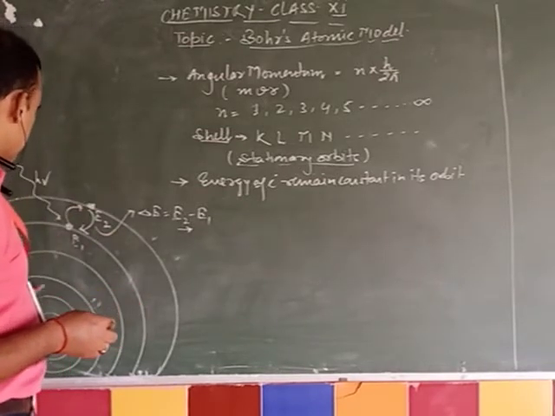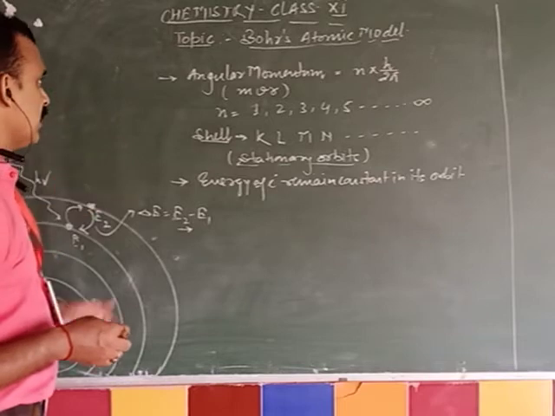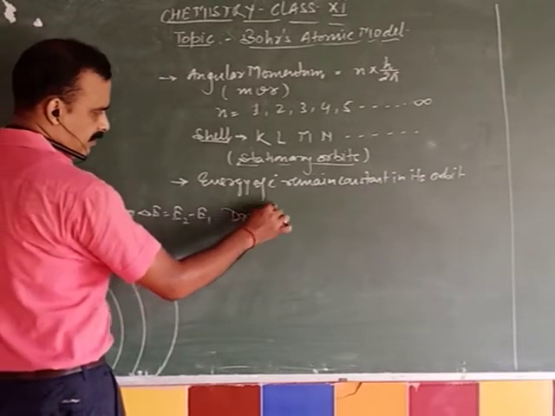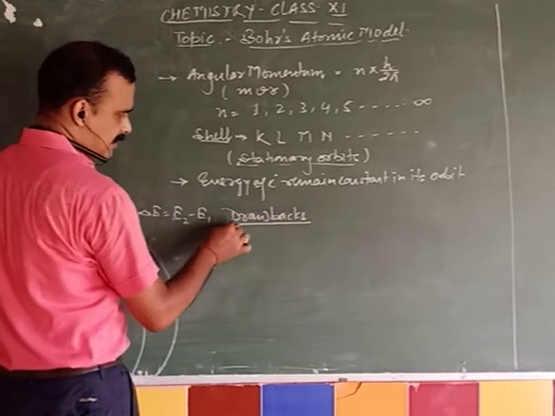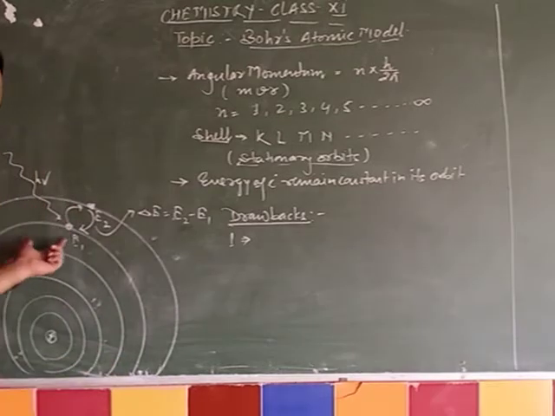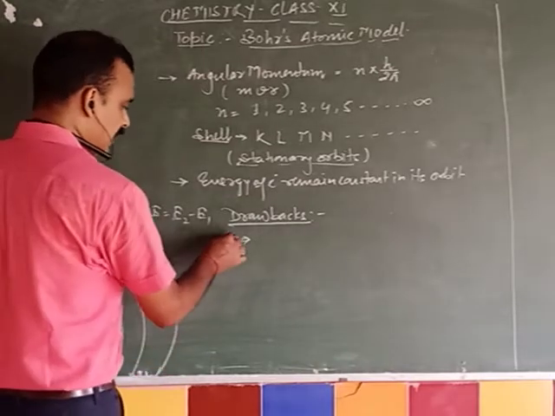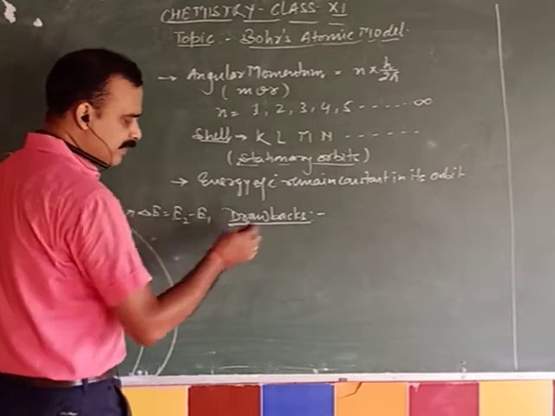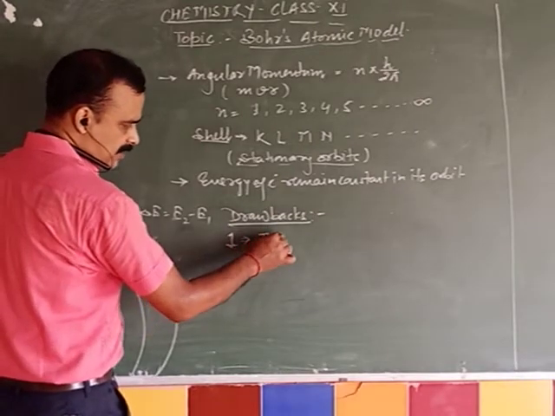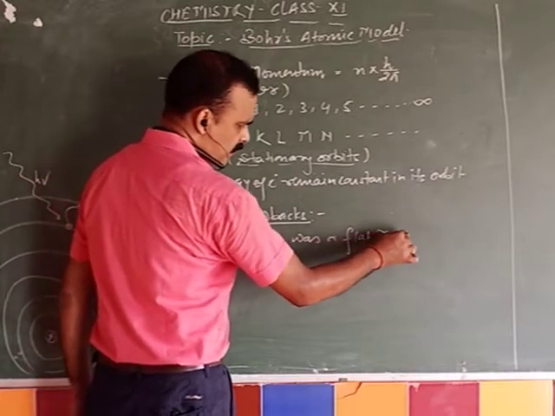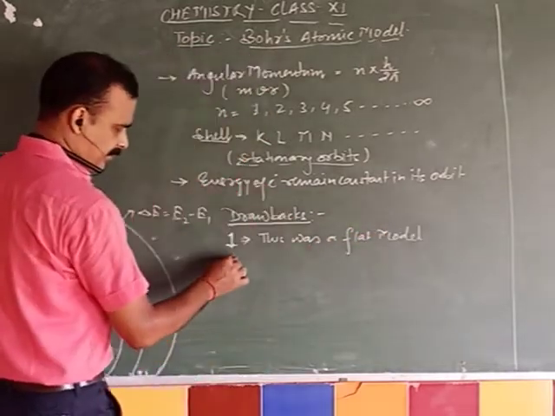Finally, this was the basic proposal of Bohr's atomic model, but this model has various drawbacks. The first one is that a lot of circular orbits are possible around the nucleus, but students, you know very well that in 3D, a circle gets converted into a sphere. It means this was a flat model. It did not say anything about 3D. Second,